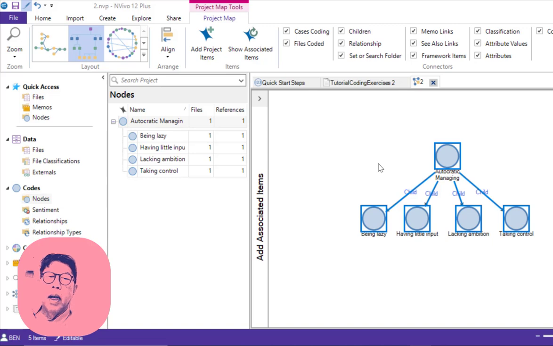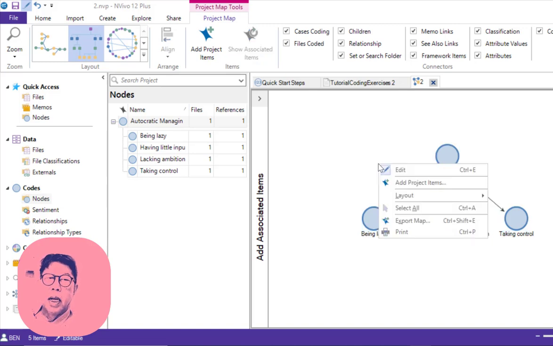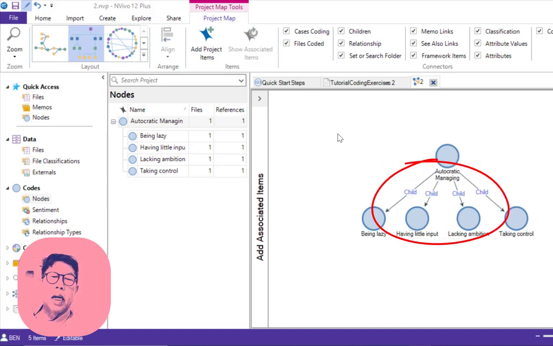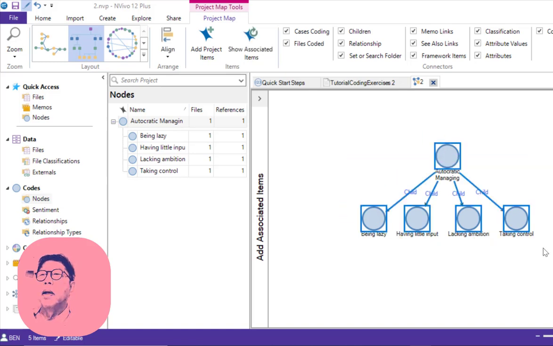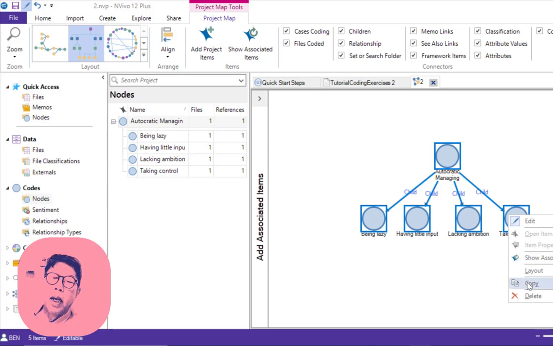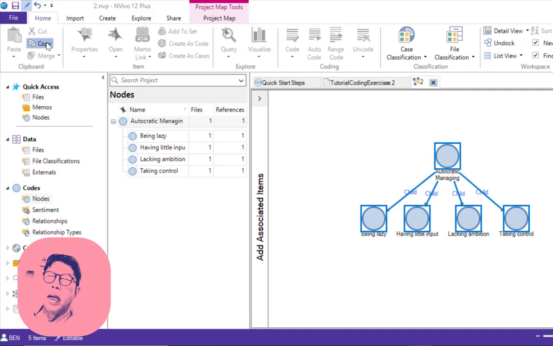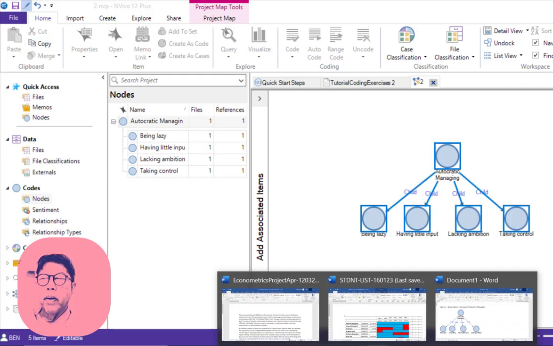So you need to highlight this and then right click. You need to highlight this and copy, or you can go there to make a copy, and you open your document, final interview report.